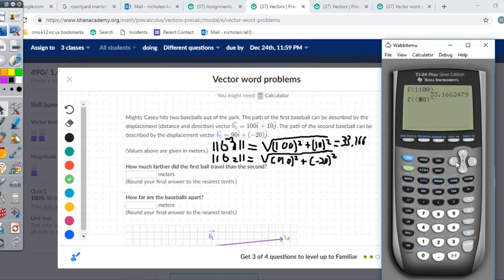No, let me add another parenthesis here. The square root of 90 squared plus negative 20 squared,